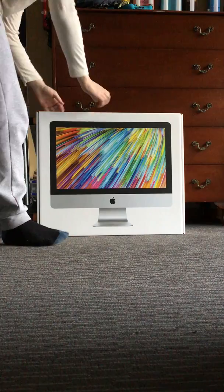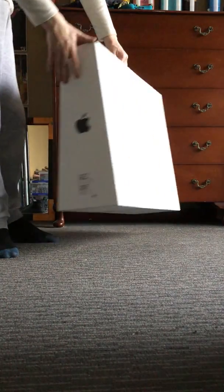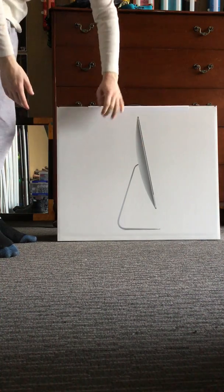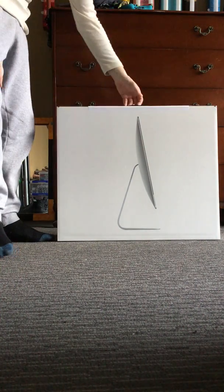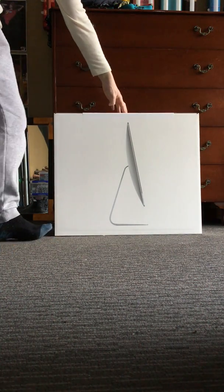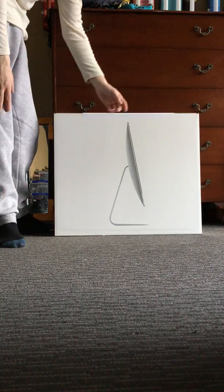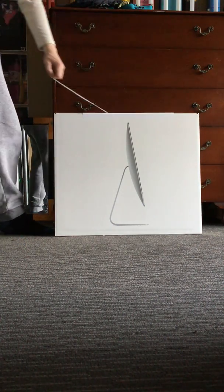Alright, so this is what the iMac looks like on the front with all the pretty colours. If we turn this around, we can see the side of the iMac. Unlike the older iMacs where we used to see the mouse and the keyboard, we don't have that anymore with these newer ones. Alright, so to open this up, Apple will make it easy, just peel this off the front,